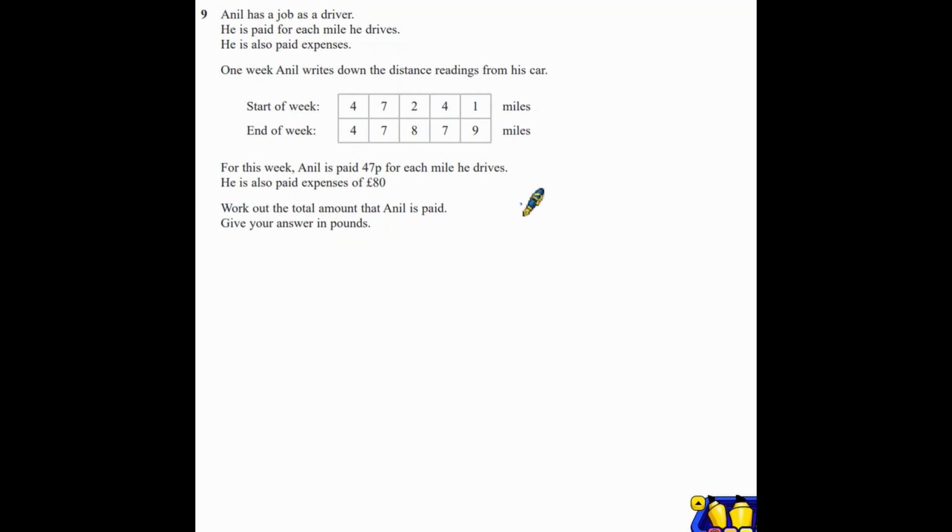So calculator time. At the end of the week he has travelled 47,879. To find out how much he's travelled during the week, we need to subtract the mileage that was shown at the beginning. In other words, we're looking for the increase in mileage. So 9 minus 1 is 8, 7 minus 4 is 3, 8 minus 2 is 6, and then we've got 0 and 0. So he's travelled that week 638 miles, and we know he gets paid